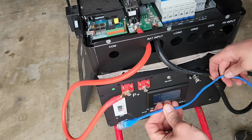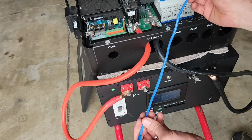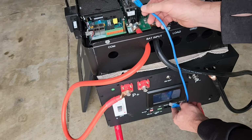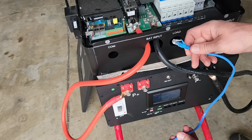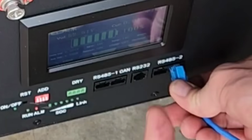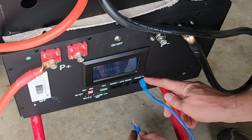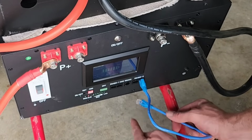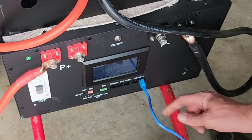Okay, so this is a communication cable that comes with the battery here. I believe it's a Cat5e cable, but it's not long enough. So I think this is used to connect the batteries together if you have multiple batteries. So if I have multiple batteries, I think what happens is you connect this to the port or underneath it. And then if you have another battery underneath that, you use this port here, and you can daisy chain them